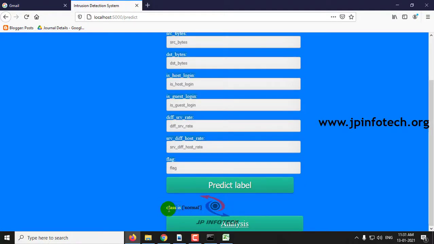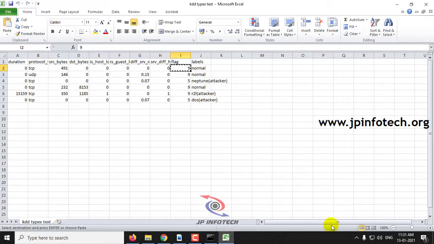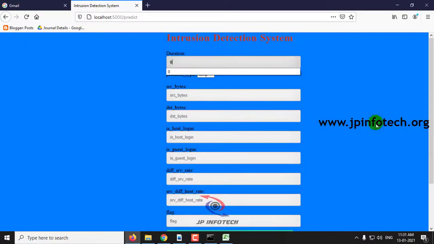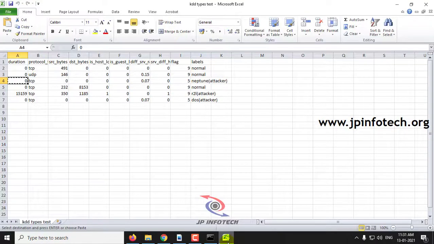So this is for the normal class, and you can check the attack classes also. This is the sample test data I have taken. You can check with any kind of data that is available in the dataset.